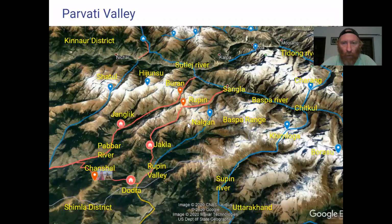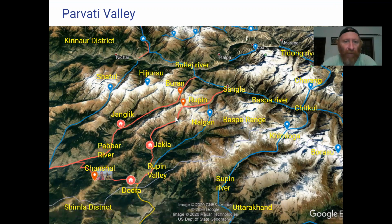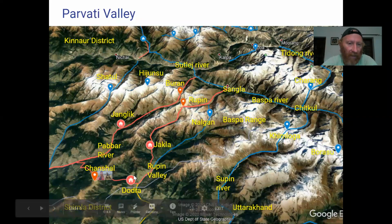Okay, so here we can see all the names again, put with all the villages, both at the Baspa Valley side as well as on the Uttarakhand and the Shimla side. So we'll take you on a circular traverse, a beautiful 4-day traverse, where you start from Sangla, cross the Rupin Pass, pretty well-defined pass, pretty touristic, but beautiful nevertheless. Come to a small village of Jankla, then further get down into Rupin Valley to the village of Dodra,